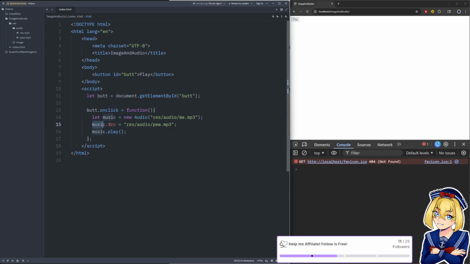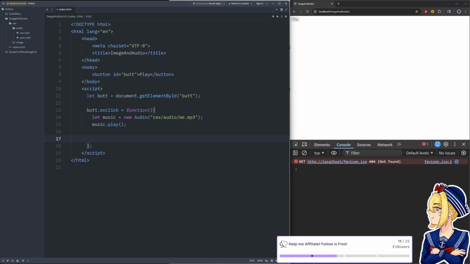So we would say, let's change this. Let's play pew after we play this song. We're going to make the Gregorian chant, we're going to play that, but we're going to make music have a listener on it called onEnded, and that's going to be a function.